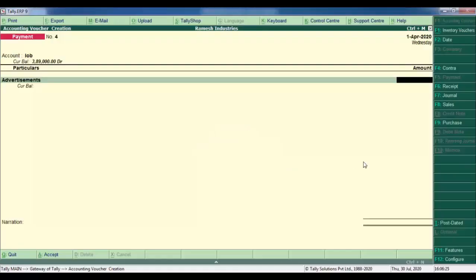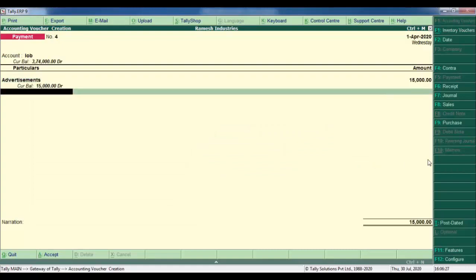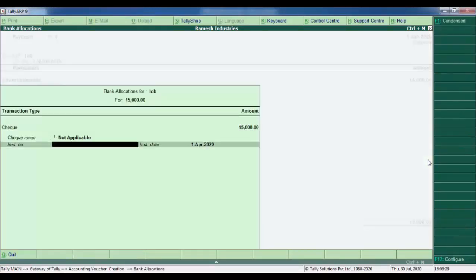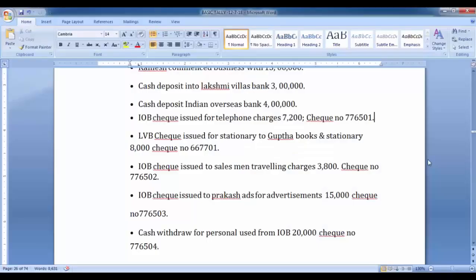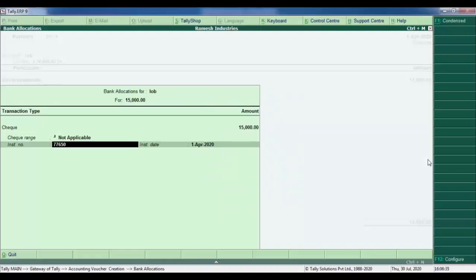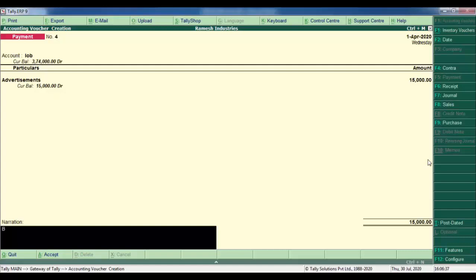The amount is 15,000, the check number is 776503, being paid to Prakash Ads.